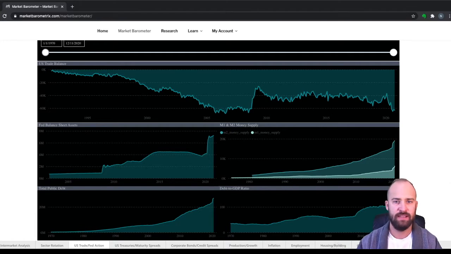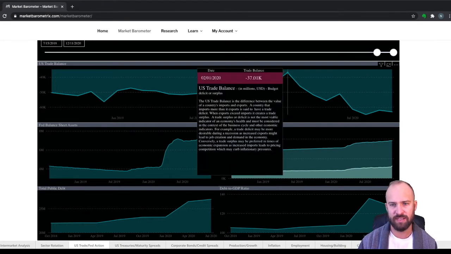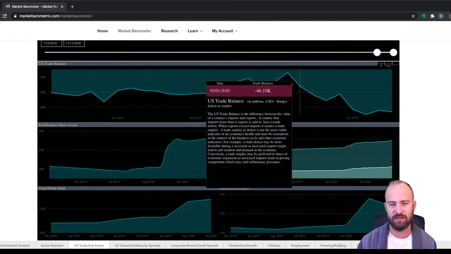So zooming in here, I'll bring us up to just the last few years or so. And this is actually a very interesting time to be looking at this because today is, what, December 11th, 2020. We're about 8 months or so past the fallout from the coronavirus pandemic. You can see that happening here. This is, what, February of 2020. So you can see the next data point here, March 2020, the trade deficit really started to deepen, and it